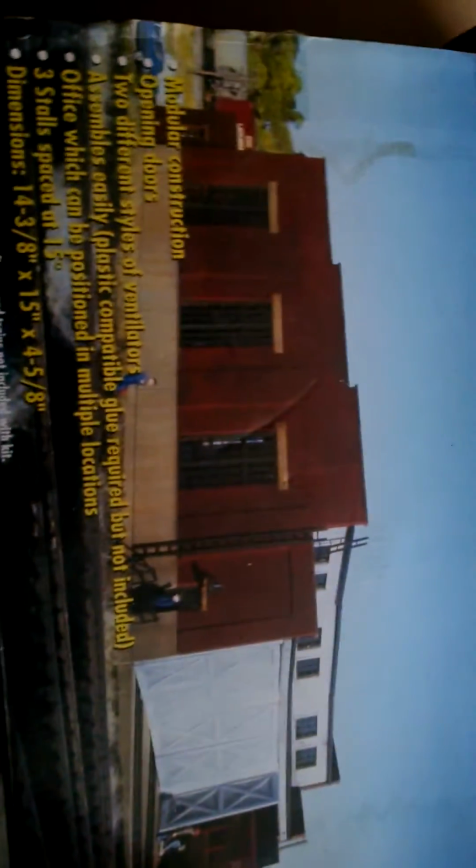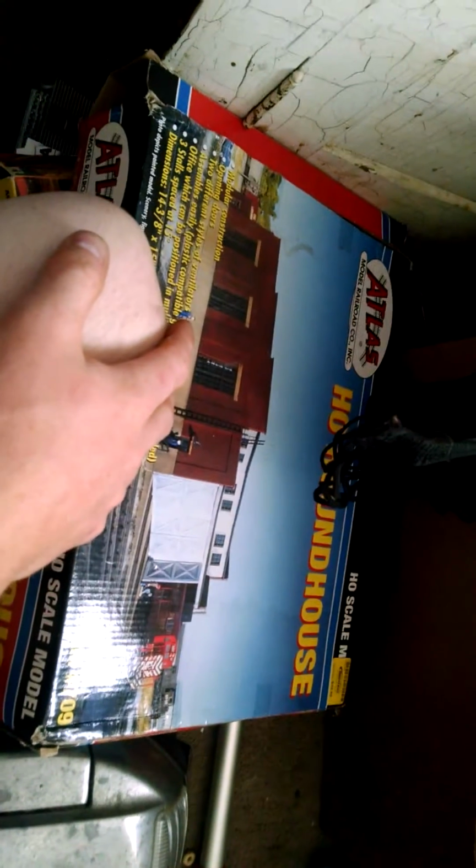A roundhouse kit, which I'm happy to have another one, because I can add that to my stalls of roundhouses, because I'm going to rebuild and update my old roundhouse. So it gives me another roundhouse, because I have another turntable, I could build another roundhouse. Then a lot of these